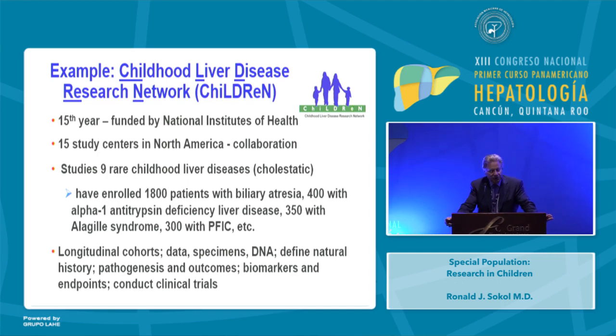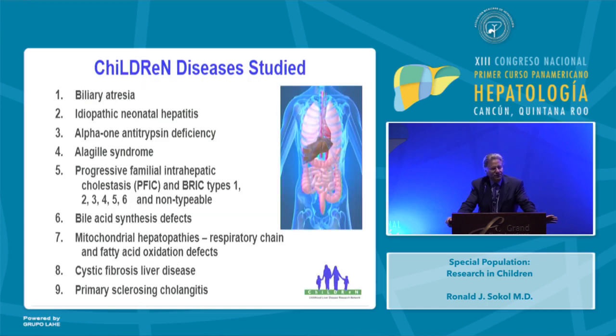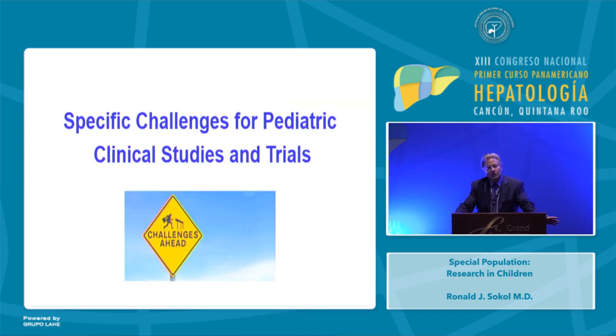So this is something that NIH has recognized, and most pediatric research groups are consortia, because again, pediatric diseases are generally rare. So these are the 9 diseases, and I'm really not going to speak to them. Many of these are many more than one disease. Some of them are 20 diseases, such as the mitochondrial hepatopathies, but these are the 9 categories now that our research network, called the Childhood Liver Disease Research Network,